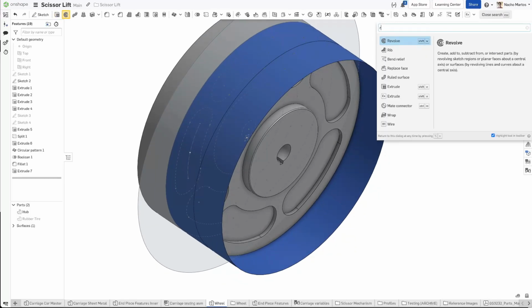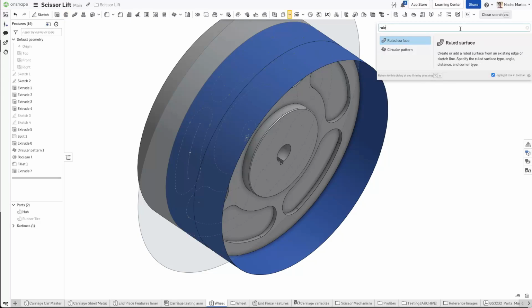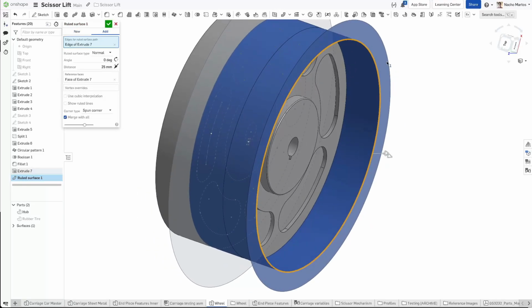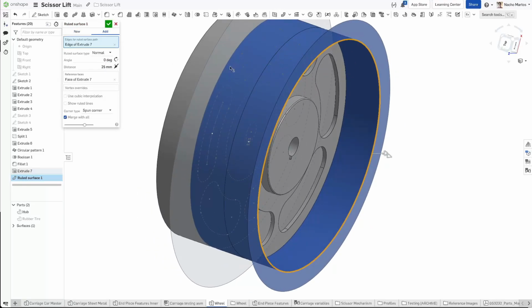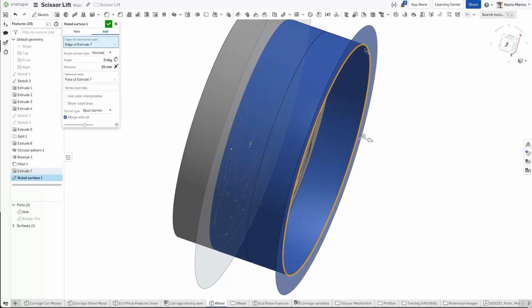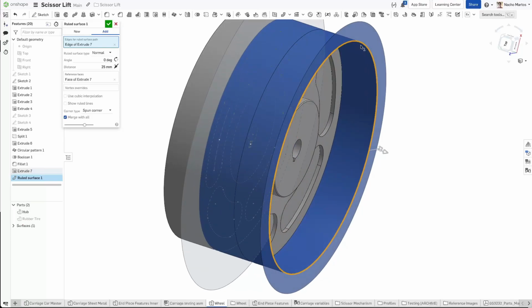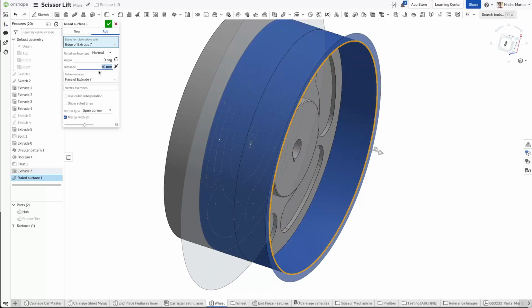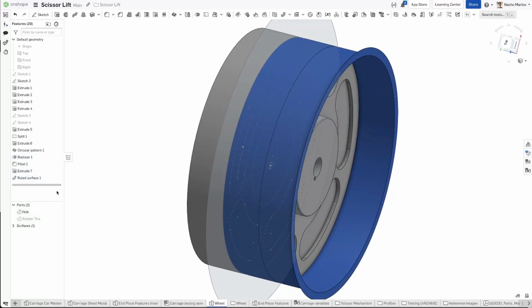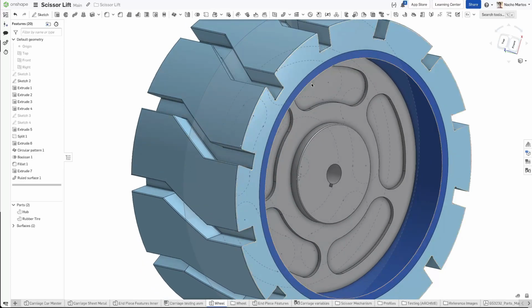So you can look up ruled surface. And then we can select this edge here. Now the ruled surface is going to be normal starting off, so that's actually what we're looking for. And you can see that this is how the hub and the rubber tire are going to assemble later down the line. Now 25 millimeters is too aggressive, I would recommend 10. So with 10 millimeters, we've now created a surface geometry that is going to help us attach that rubber component